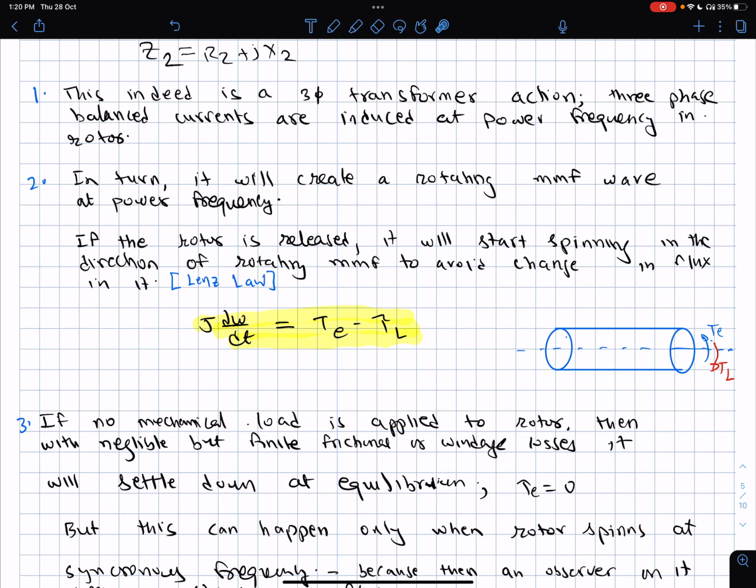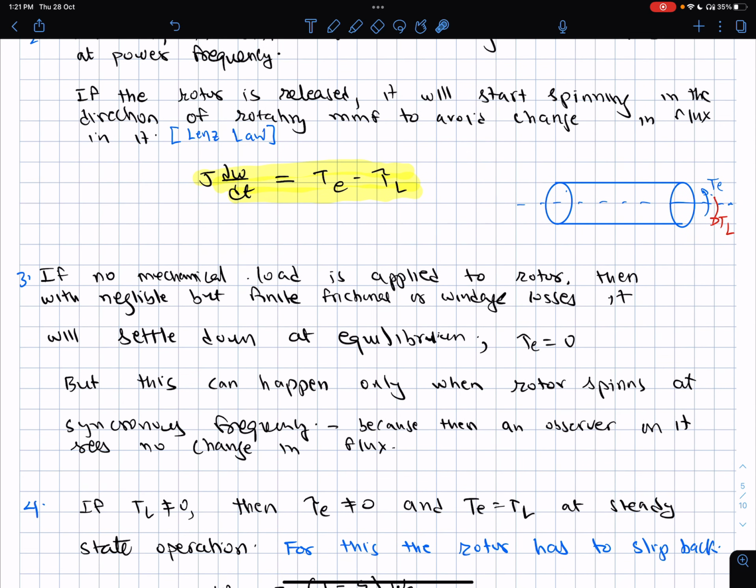this is my rotor structure. This is the torque which is created due to this electromagnetic induction. So I call it as TE or TEM. And in general, motors have to do work, so they have to rotate something. So there will be a load torque TL which they want to drive, and this will be the basic equation of the motion, which is J, the moment of inertia, times d omega by dt, should be equal to the net torque which is acting on this rotor structure, which is Te minus TL.